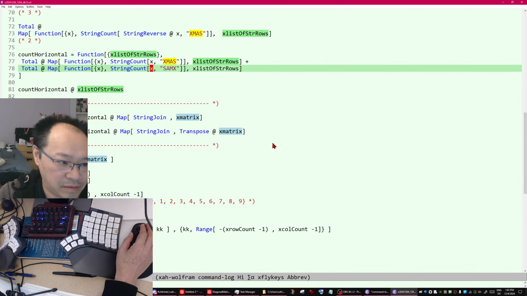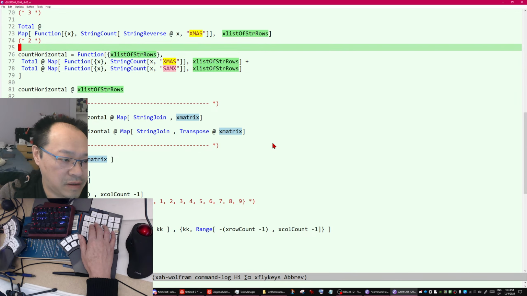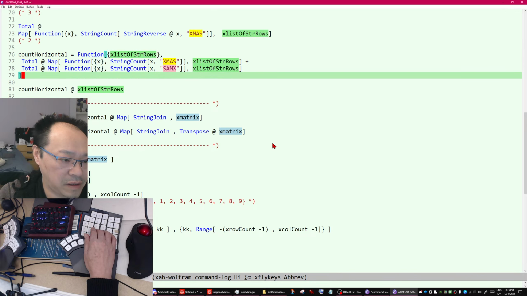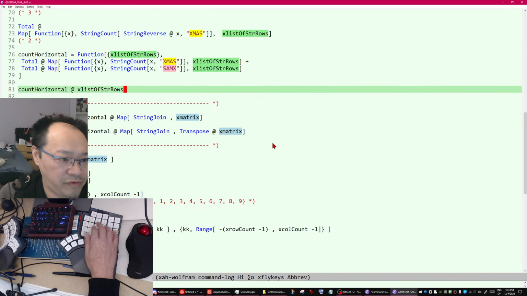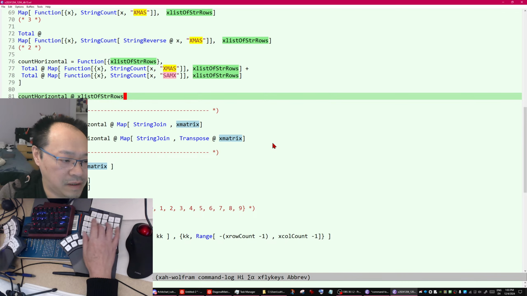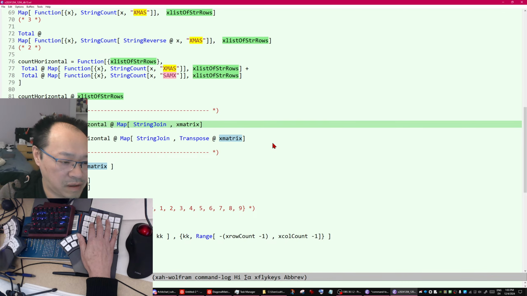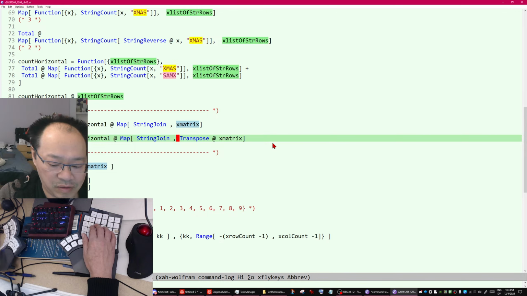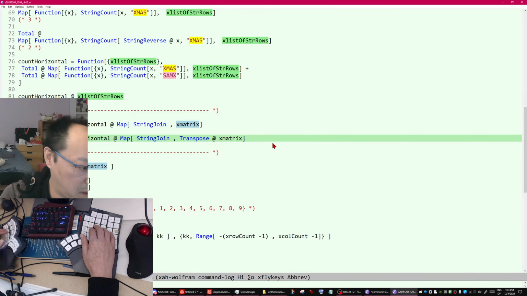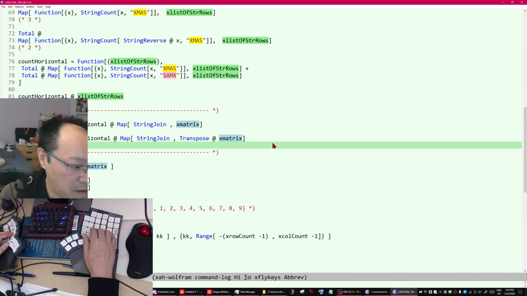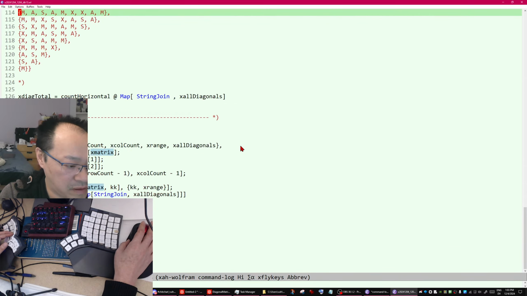Yeah, okay, so the count horizontal is the core function, and you feed it. So horizontal total is count horizontal, string join, and give it a matrix. Count vertical is you transpose, then string join, then count horizontal. Then for diagonal, it's